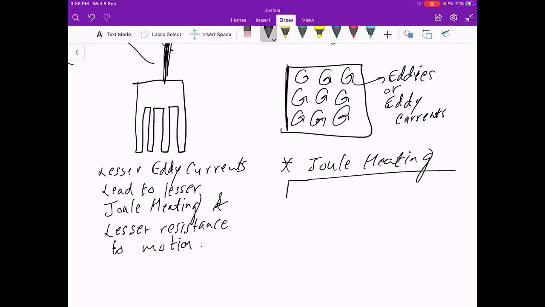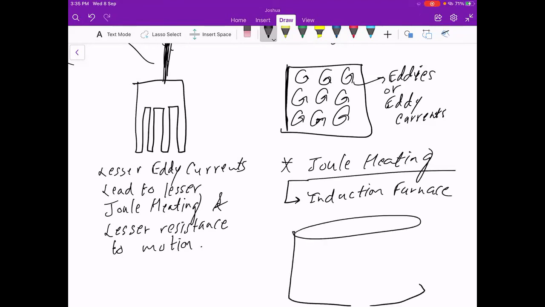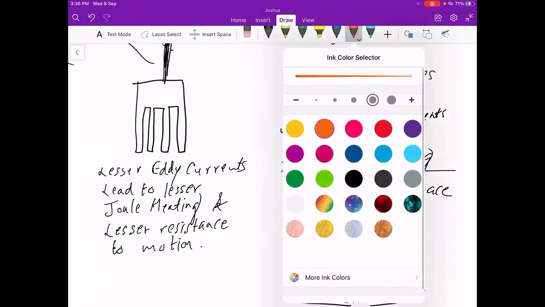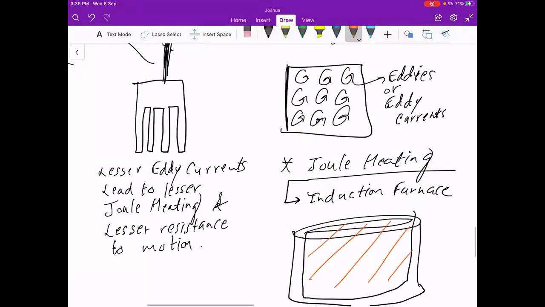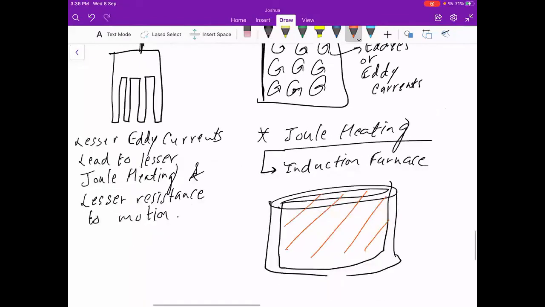for example, in an induction furnace, which is a very cool thing if you think about it, that they figured that out. You know, there is a container in which there is metal, let's say in a steel plant. So there is a metal here. Whatever. So it will become molten after Joule heating.